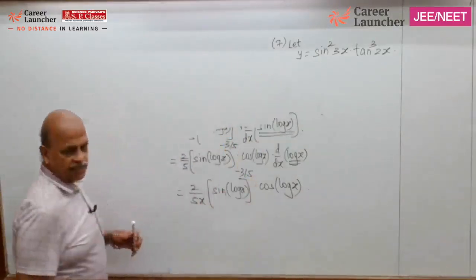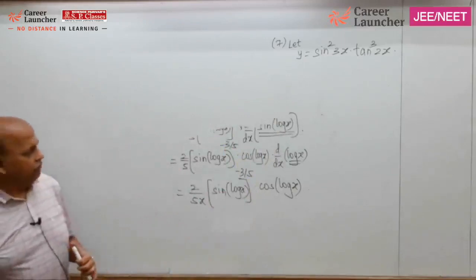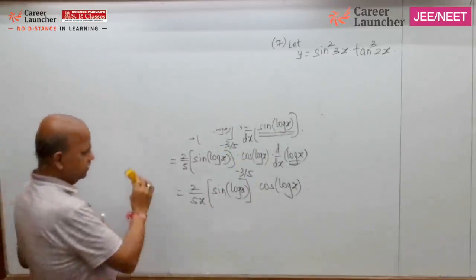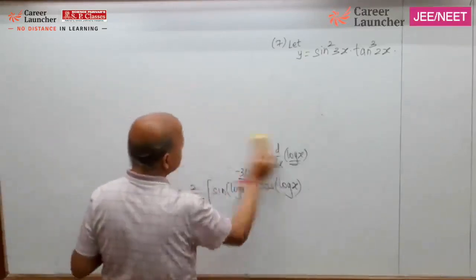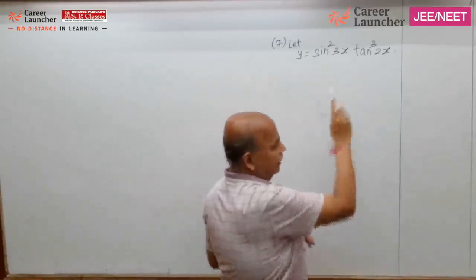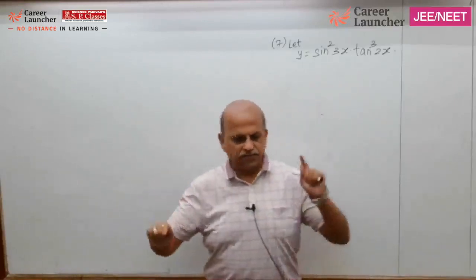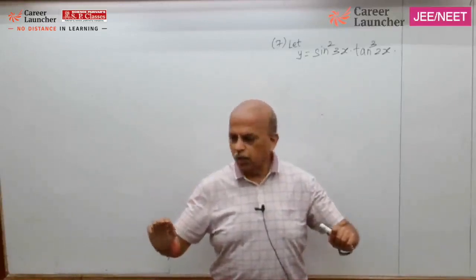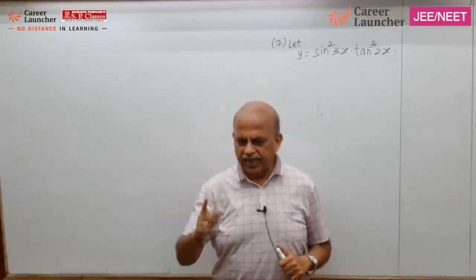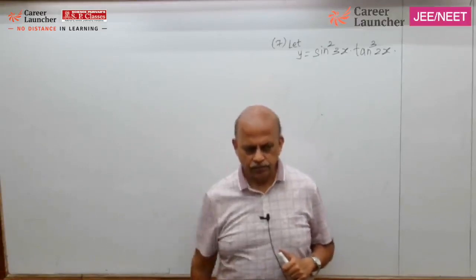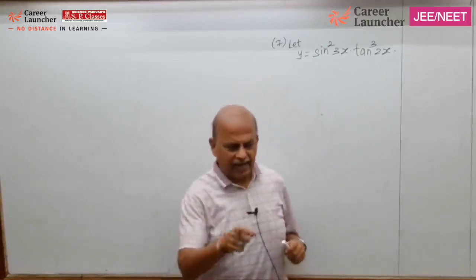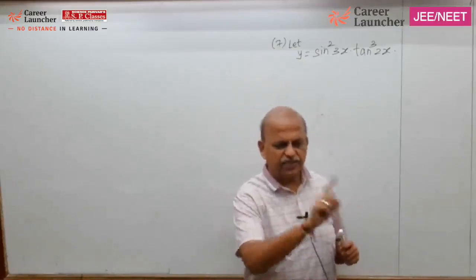And now let us discuss question number 7. For the first time we are coming across u into v ka rule. Come on, let us recollect the rule u and v, but we will call it first function and second function. The rule will be like this, you have to say it after me. First function into derivative of second function, plus second function into derivative of first function.